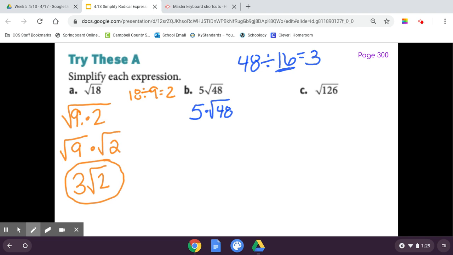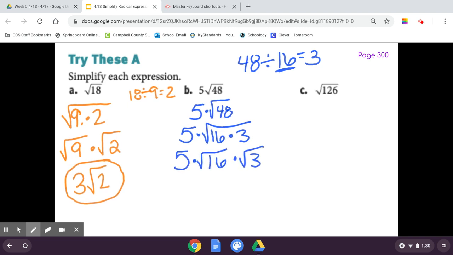If you didn't know that, you can go through and do 48 divided by 4. That didn't give you a whole number. 48 divided by 9, that would be your next perfect square. See if that gives you a whole number answer. So you just go through and you divide by your different perfect squares until you get one that comes out evenly. So 5 times the square root of 16 times 3, which is 5 times the square root of 16